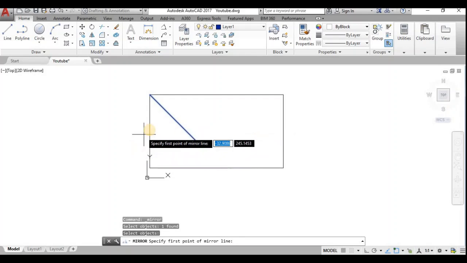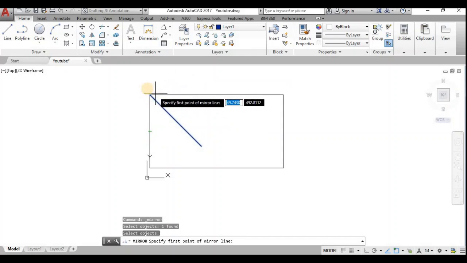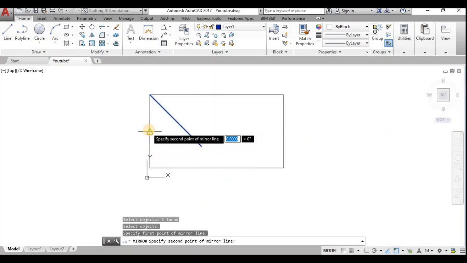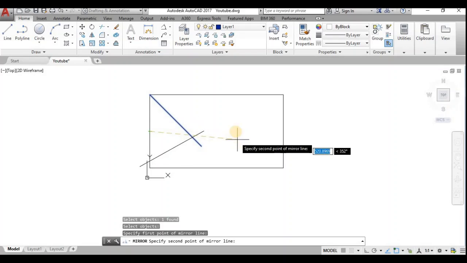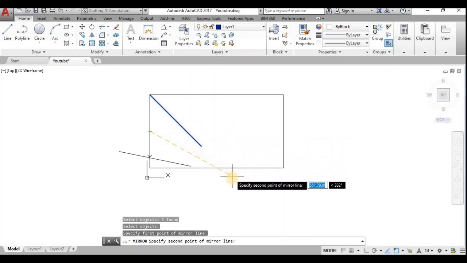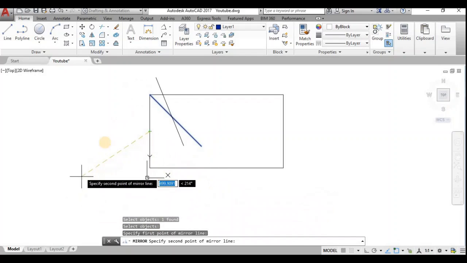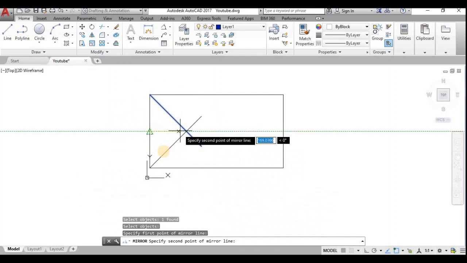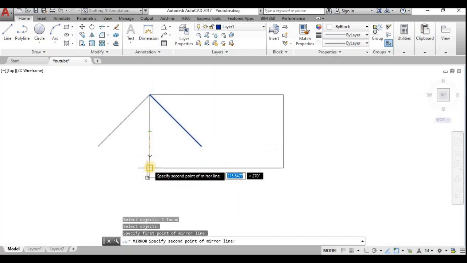So enter. This is the midpoint of the line through which I need to mirror it, so that this corner point will reach this point. I shall snap to the midpoint and move straight. Better to choose Ortho to get the point correctly. Or else, if this line is inclined, the line will get rotated, so we don't know where this end point will be. It should be here. If I choose this point here, see how the mirror point has moved here.